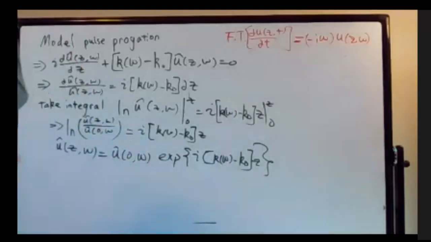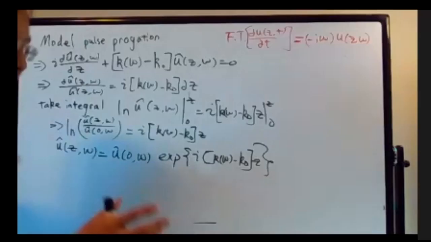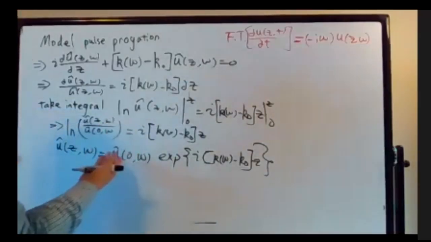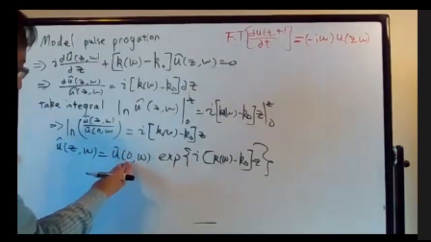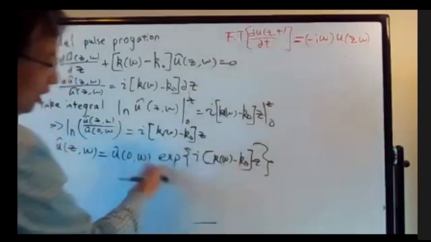This is u hat. Okay, so now what does it mean? It means that in the frequency domain, the signal at z equal to 0 and the signal at z equal to z has this relationship,